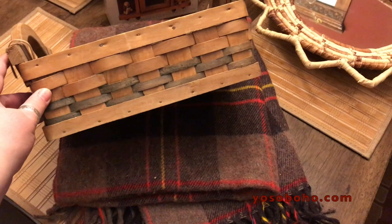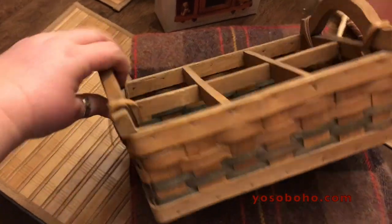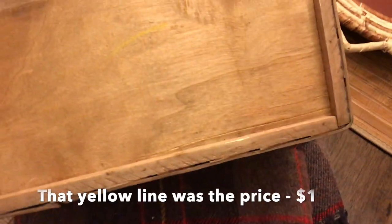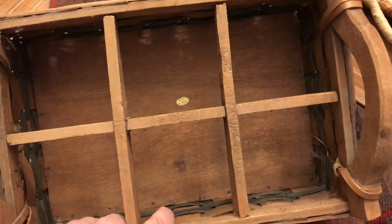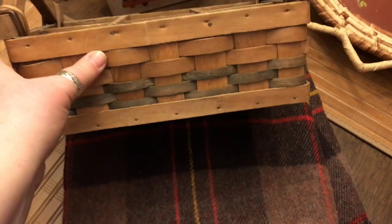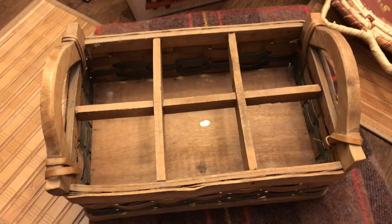I found some amazing baskets. They're not all perfect. Like this guy's got a little repair that needs done. But what I love is he has this little grid in him. So that, yes, that's a Made in China sticker down there. We're not going to hold that against him, because I think displaying something in here will be really nice, especially